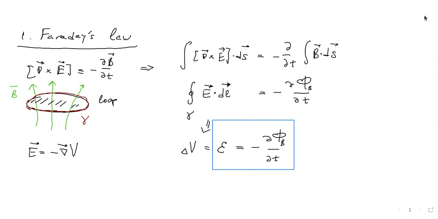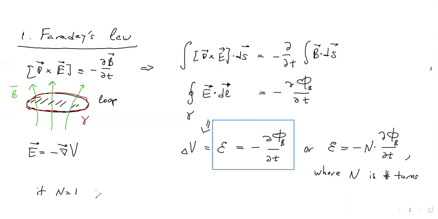The only thing I would probably add to this is, if you have several turns, then I would modify this. Each turn will contribute to your drop of potential, and you just have to multiply it by the number of turns, where n is the number of turns. Of course, if you have only one turn, then it's the same. So if n equals 1,